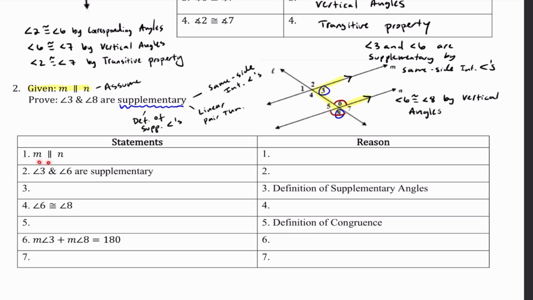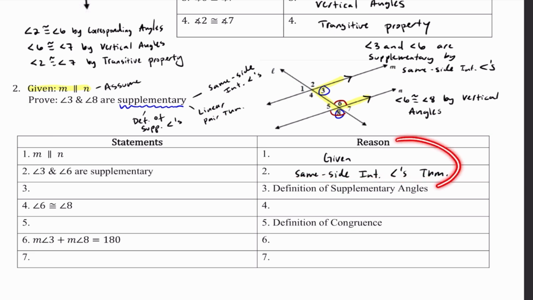So number 1, M is parallel to N. The reason for that is always given. The first reason is always given. Number 2, angle 3 and angle 6 are supplementary. We said that these two angles are supplementary by the same side interior angles theorem. So keep in mind that angle 3 and angle 6 are supplementary by the same side interior angles theorem, because